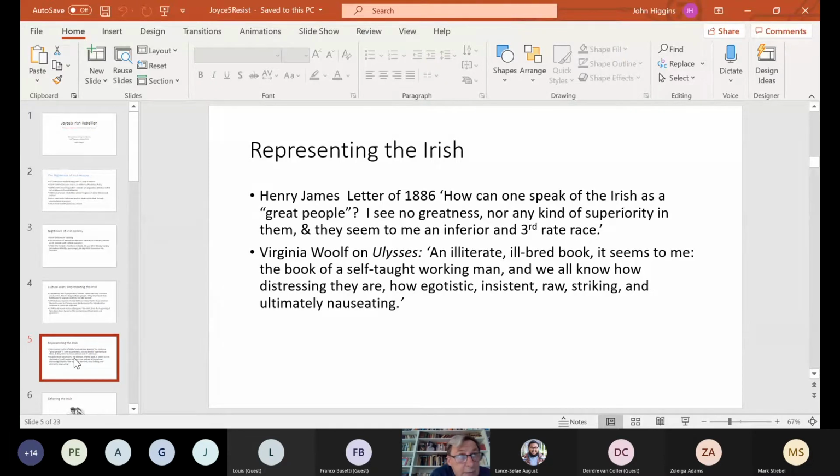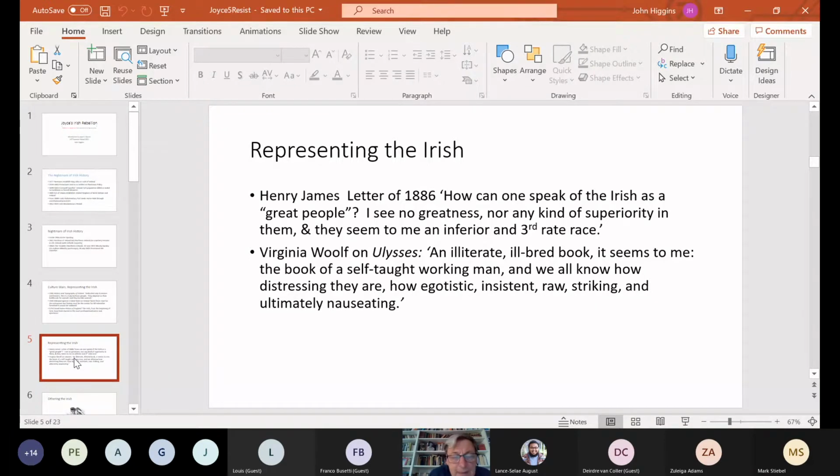Henry James, who we've discussed a little bit previously, the great and sophisticated author, perhaps the most sophisticated novelist of the late 19th century, in a letter of 1886, put the following question to his correspondent. How can one speak of the Irish as a great people? I see no greatness, nor any kind of superiority in them, and they seem to me an inferior and third-rate